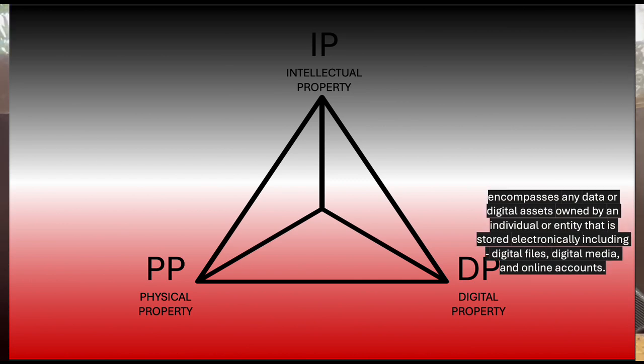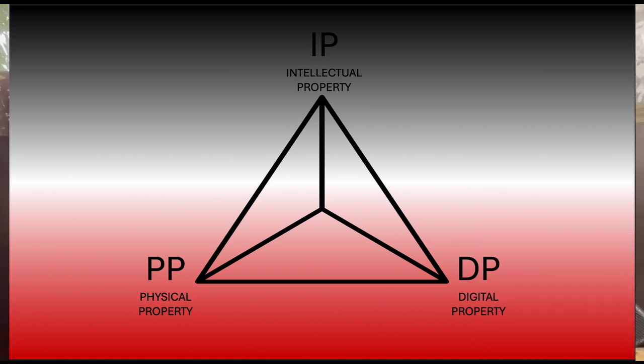So you have these three different types of property, but the real magic comes with combining two or three of these together to increase your revenue that you can make from leveraging a combination of two or three of these things. So right now I'll give you some examples of each combination and how different companies use these in order to leverage their IP, their physical real estate, and digital real estate.